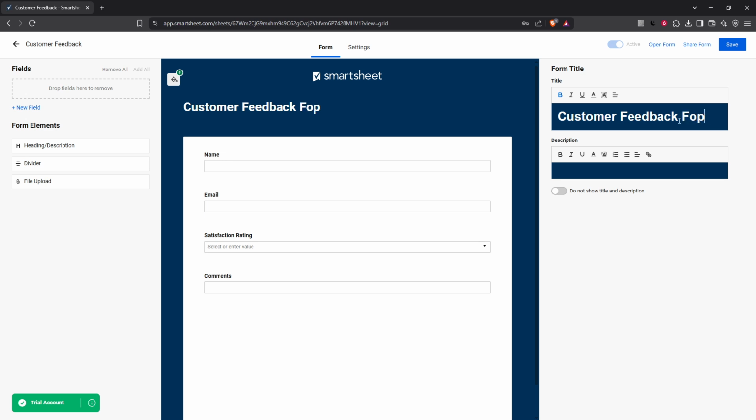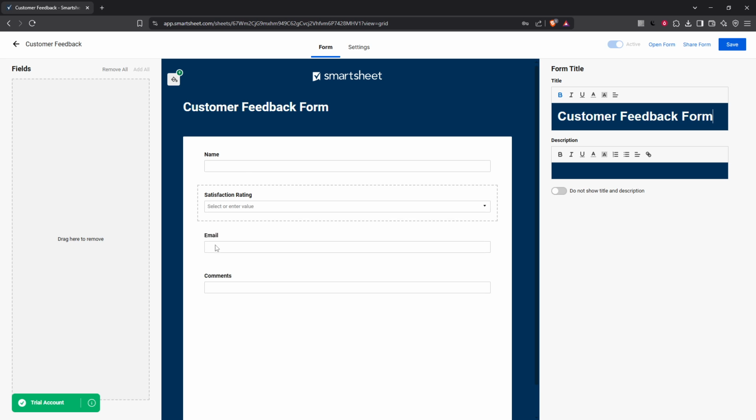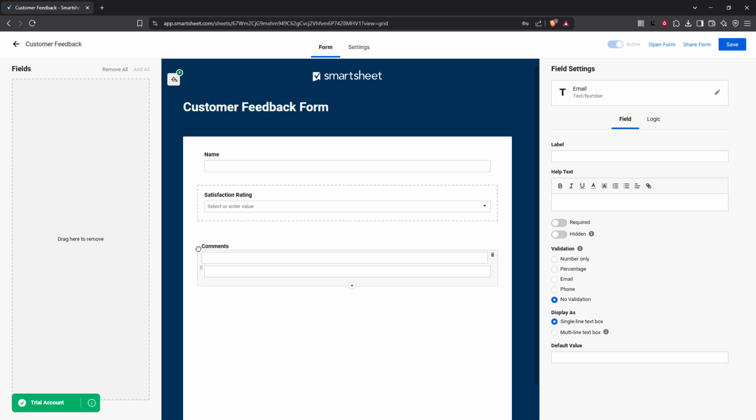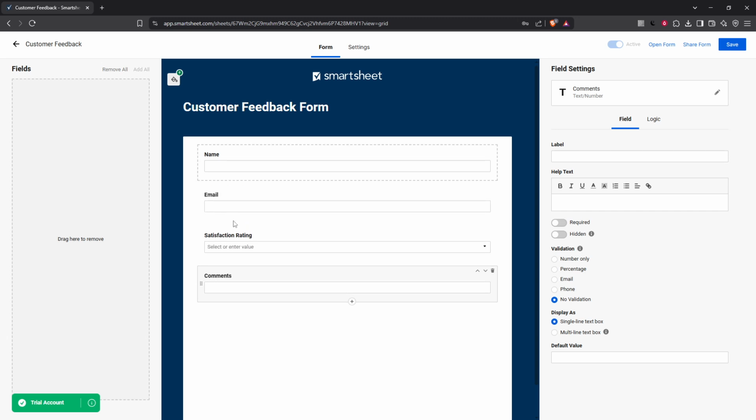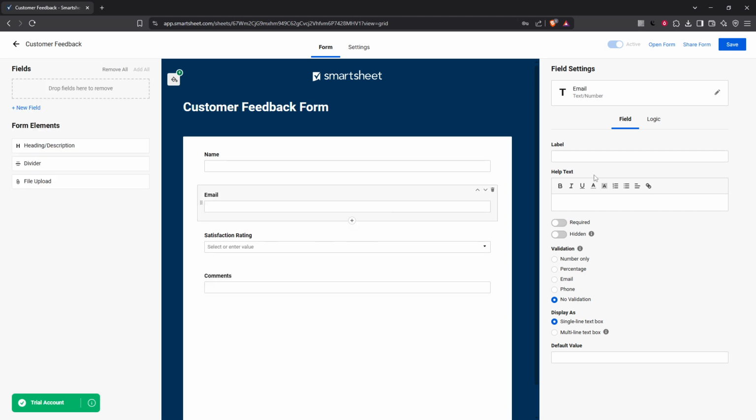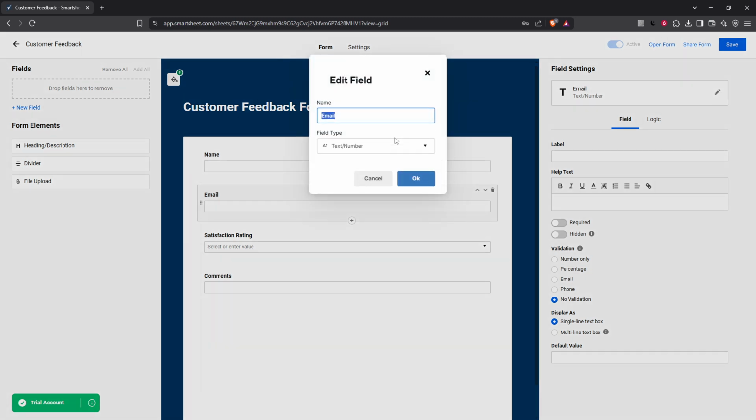As you build your form, you'll have the option to drag and drop fields to organize the questions in a logical sequence. This intuitive interface allows for modifications on the fly, enabling you to customize the order until it fits your needs perfectly. As you're organizing, consider the type of responses you want. Whether it's text for open-ended questions, drop-downs for multiple choice, checkboxes, or date fields, Smartsheet gives you the flexibility to